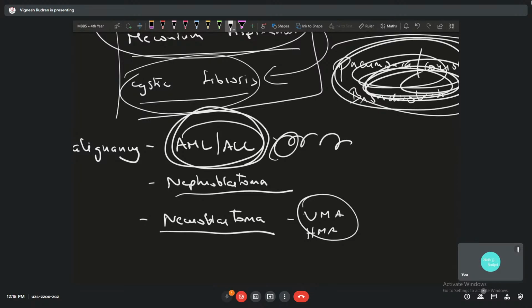And this can cross the midline, has to be surgically removed. Nephroblastoma doesn't cross the midline, and it's related to various syndromes. There are some three syndromes: some Beckwith syndrome and WAGR syndrome or something like that. I'm not able to remember those two, but it's associated with that. And this also has to be removed surgically, otherwise it's going to cause a problem, and it's going to be confined to the midline. So you can take a CT scan to find it out, and there'll be a mass in the lower back, like the kidney area, Morison's pouch, that area.